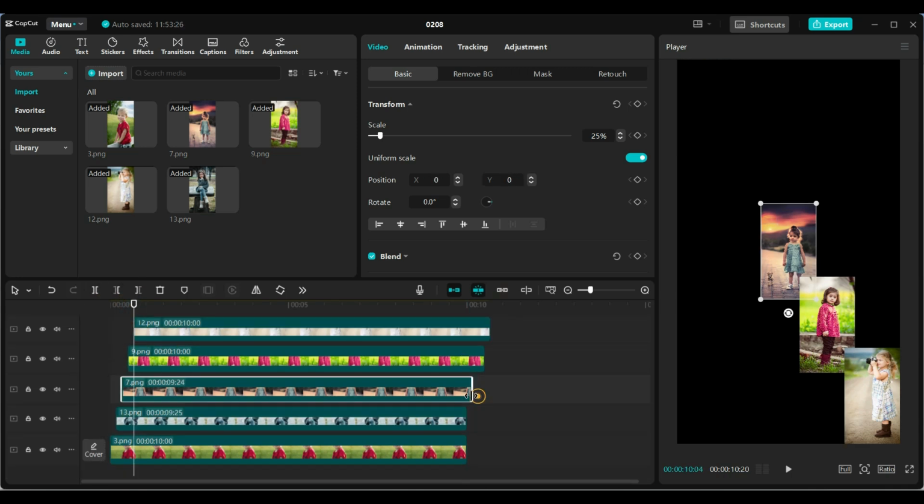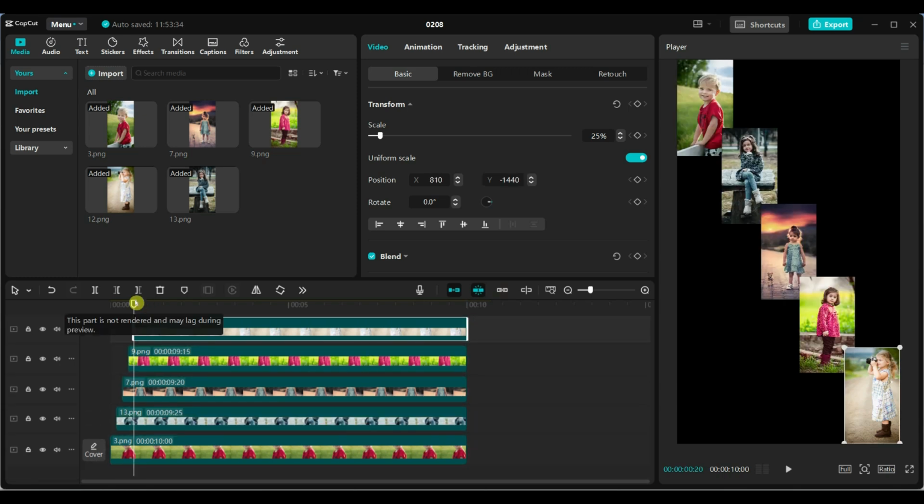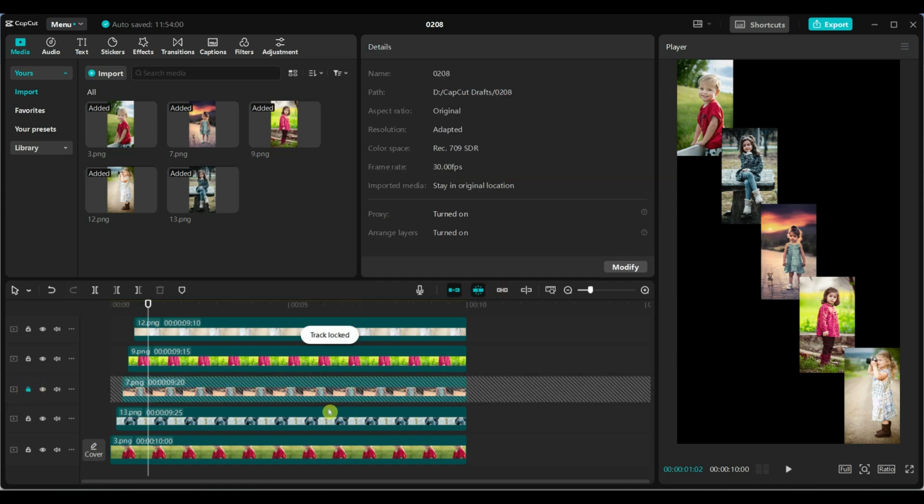Ensure the endpoints are the same for all images. Lock the middle image track so that it remains unchanged for now.